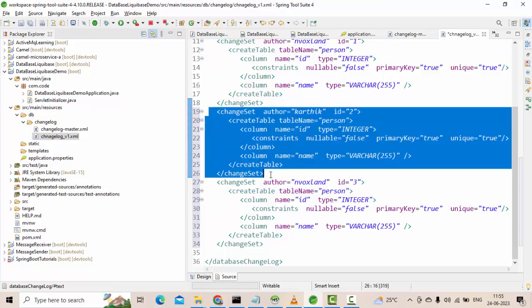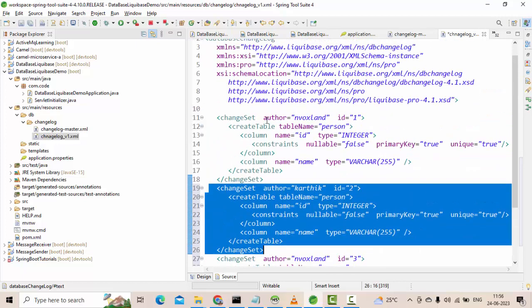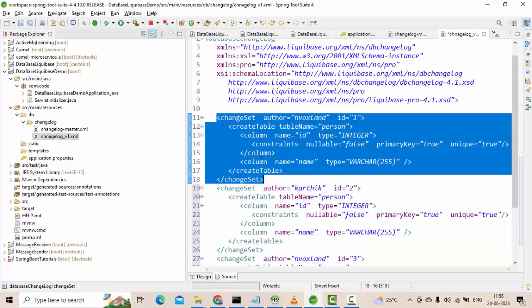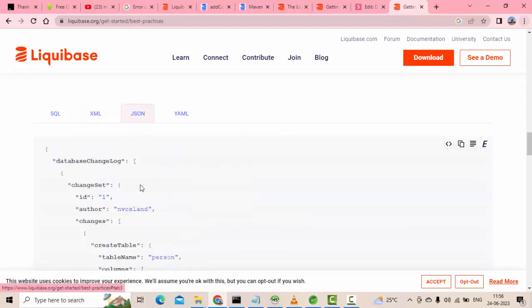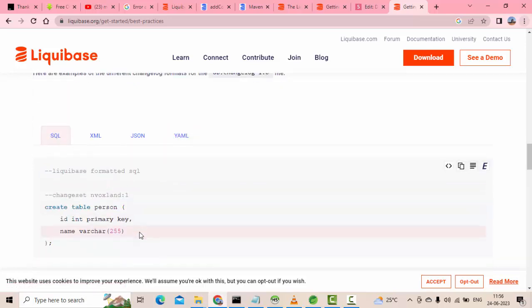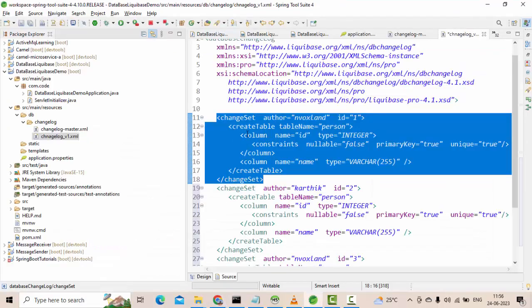There are 2 tables that will get created, guys: db changelog and db changelog lock. That I will show. Each time you execute a SQL, here this is a changeset, right? So this is nothing but one SQL. This can be in XML format that is shown here, this can be JSON, YAML, or SQL. Anything is fine, but whoever creates it, it will have an author and ID, and this data will go and sit